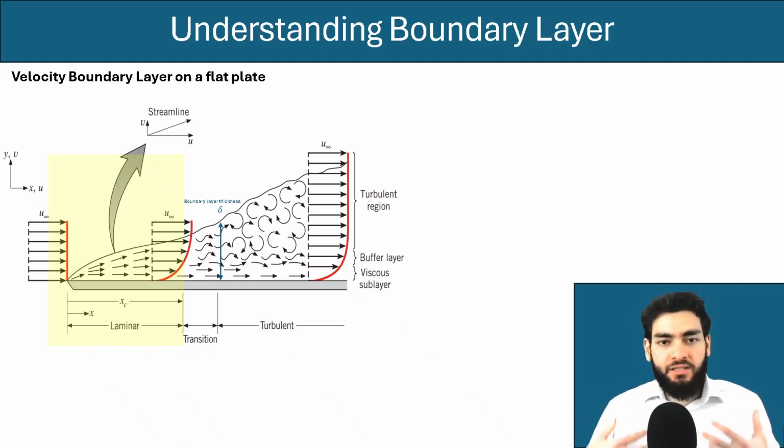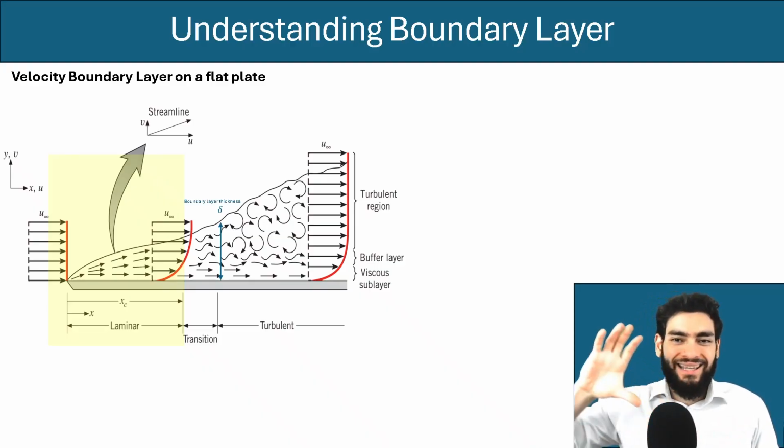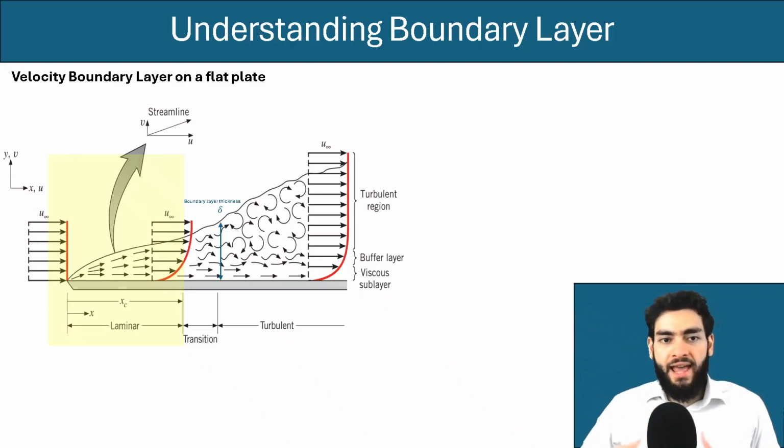We said this happens because the velocity gradient at the wall decreases as you move downstream. And the reason the velocity gradient decreases is that the boundary layer thickness keeps on growing. And as the boundary layer grows, the influence of the wall extends farther into the y direction, so the velocity change from 0 at the wall due to the no-slip condition to the free stream velocity now occurs over a